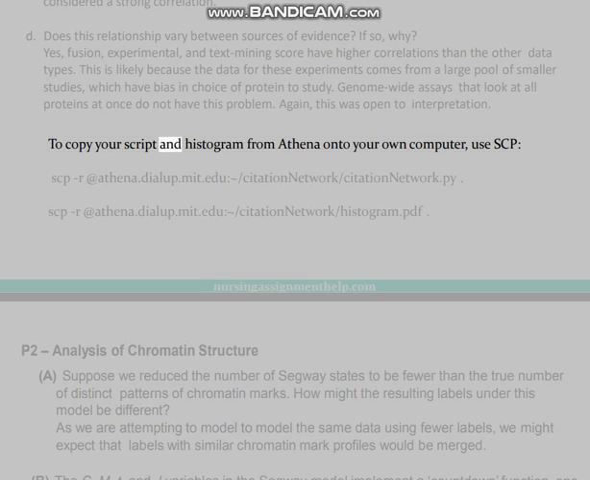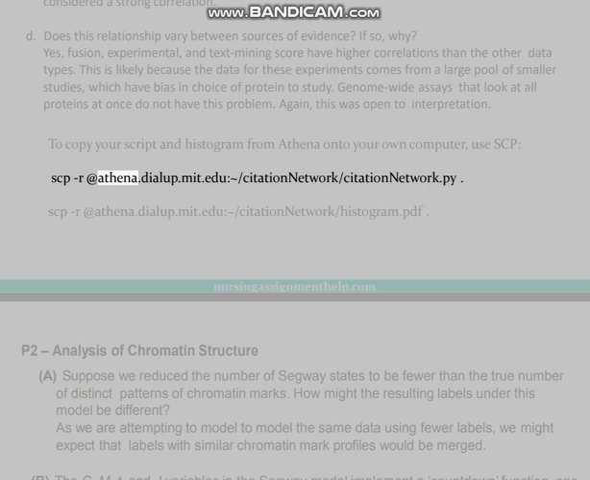To copy your script and histogram from Athena onto your own computer, use SCP. scpr@athena.dialup.mit.edu/citation network/citation network.py scpr@athena.dialup.mit.edu/citation network/histogram.pdf